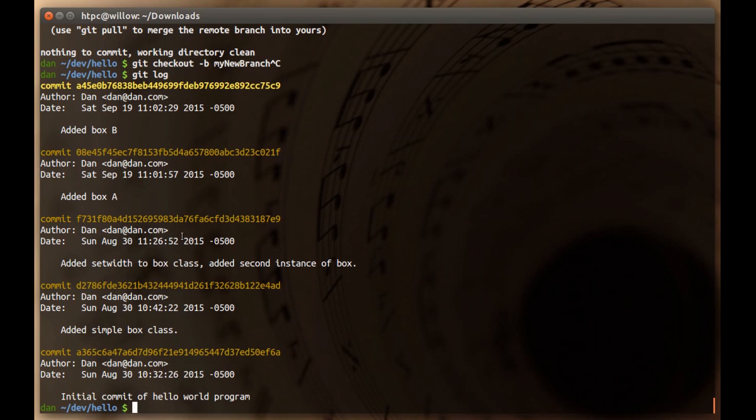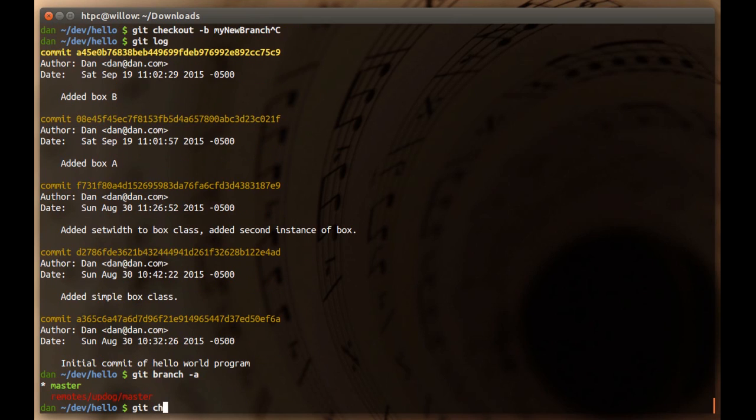Because updog's work started from back here. If we create a new branch here and then merge or pull his changes, we're going to get his merged with ours. We don't want that. So the best way is to simply check out to that exact ref,